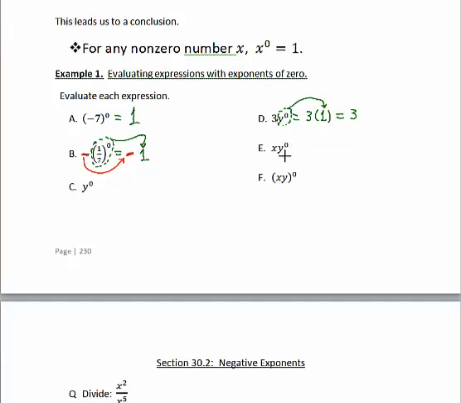Okay, so the point is, pay attention to what the 0 is being applied to. If there are no parentheses immediately beside the 0 power, then it only applies to the number or variable that's directly in front of it, or to the left, you could say. So this 0 is only applied to the y, so y to the 0 is 1, and then we would bring over the x